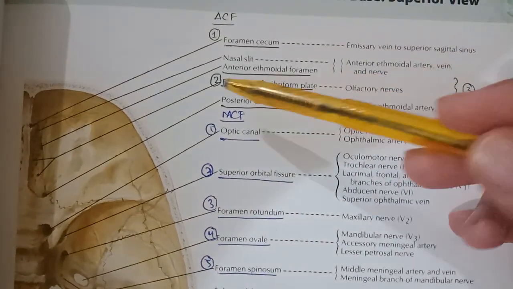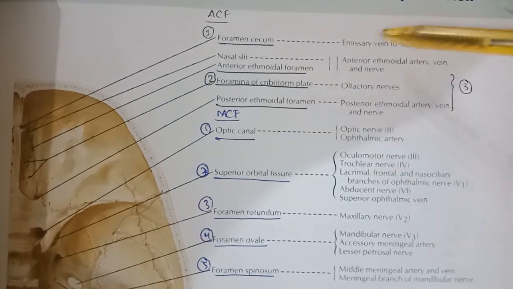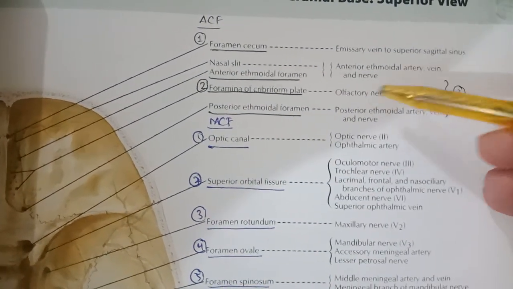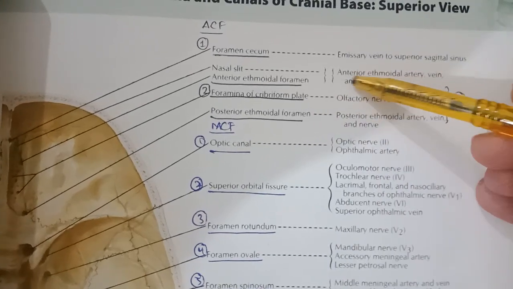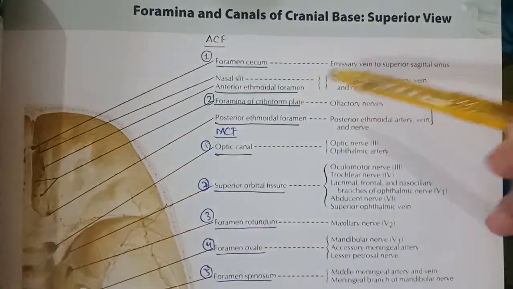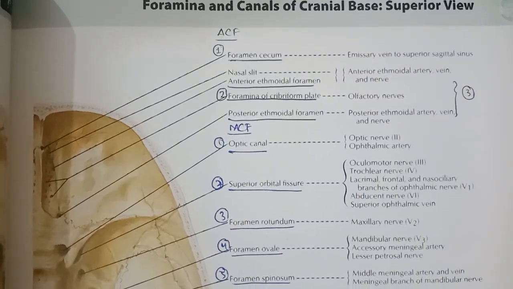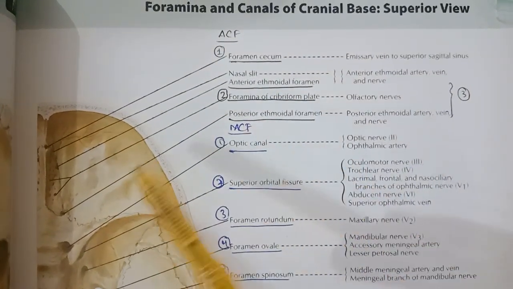So this foramina is basically present within the cribriform plate of the ethmoid bone, and they are for the rootlets of the olfactory nerve, our first cranial nerve. The 2 to 3 other foramina are not really important, but just for completeness we'll add them.